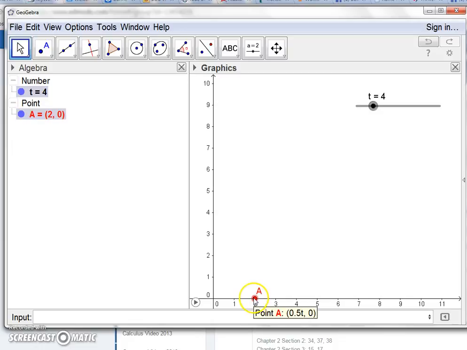Okay, now that's point A, and the x part of that coordinate is how far the ladder is from the base. I need to get the top of the ladder, and for the top of the ladder, I'm going to take a point B equals, it's going to be 0, comma, and here's where that Pythagorean theorem comes into play. It's going to be x squared plus y squared equals 10 squared. So it's going to equal